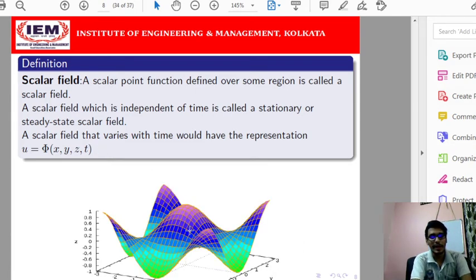So I am giving one example. Say, for example, this is the equation of a 3-dimensional surface. This is the x-axis, this is the y-axis, this is the z-axis. Whenever we study how to draw these surfaces in MATLAB or Mathematica, then you can draw this curve. So generally we are considering a surface. If I consider any point, I have defined a function, so the equation of this is dependent on x, y, z.